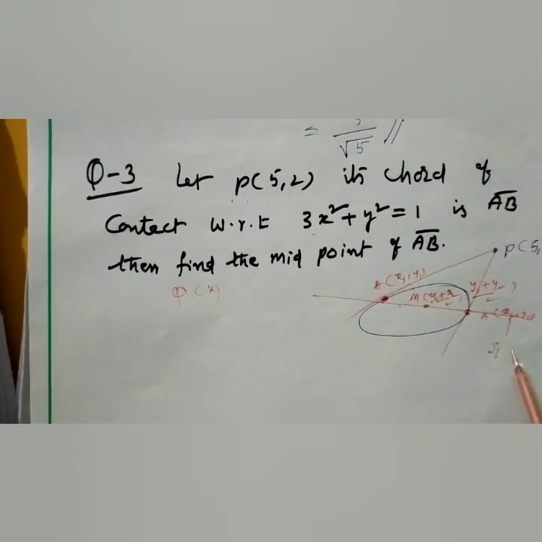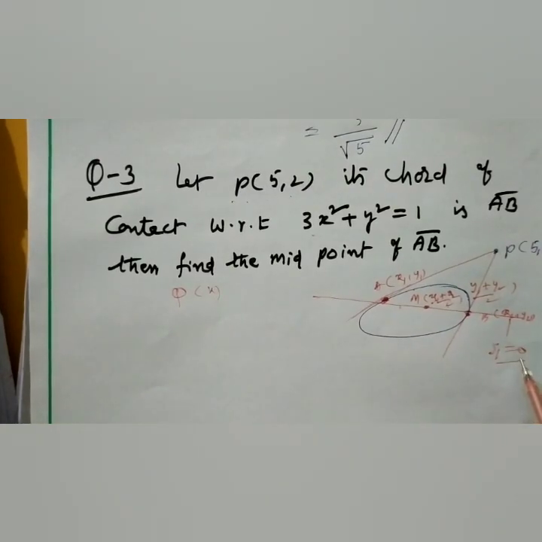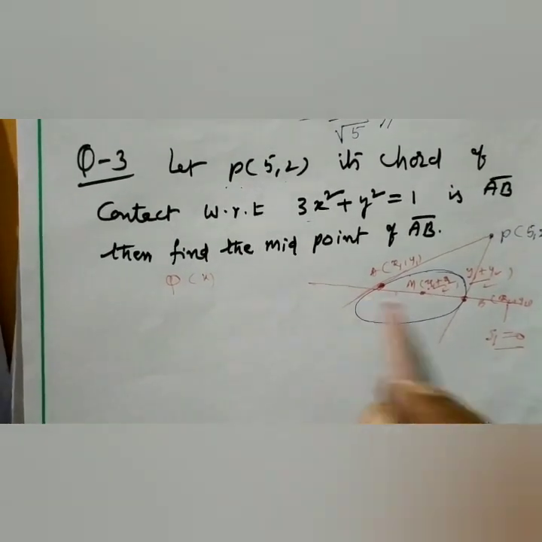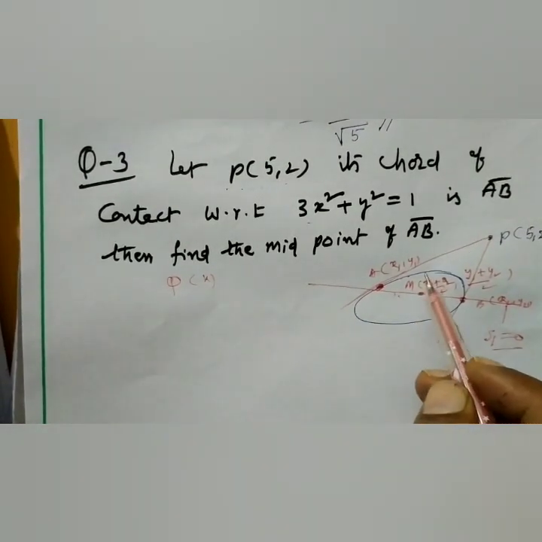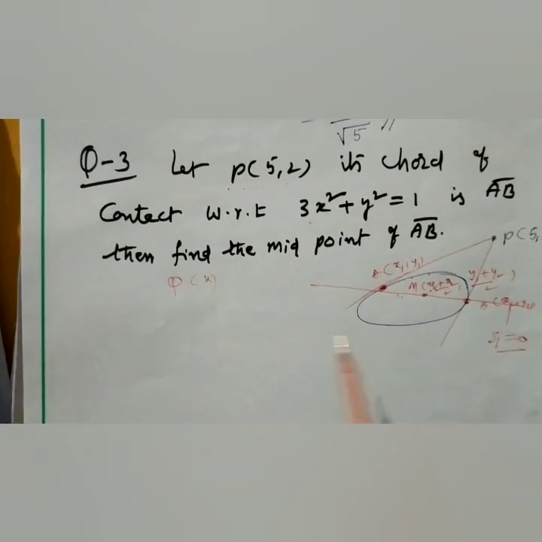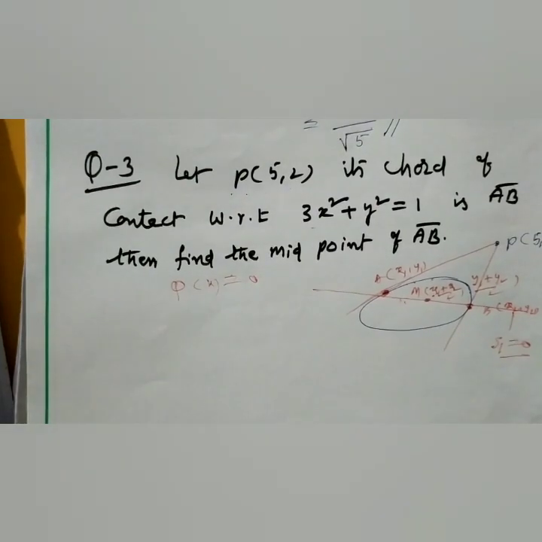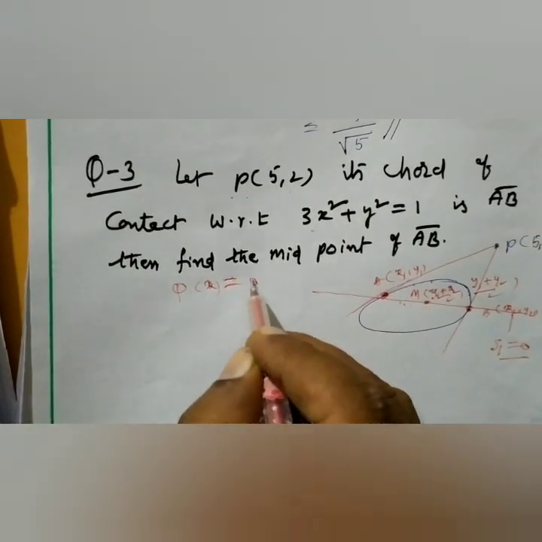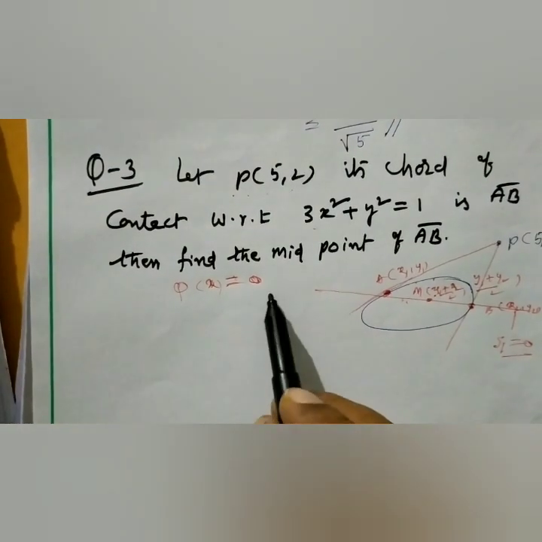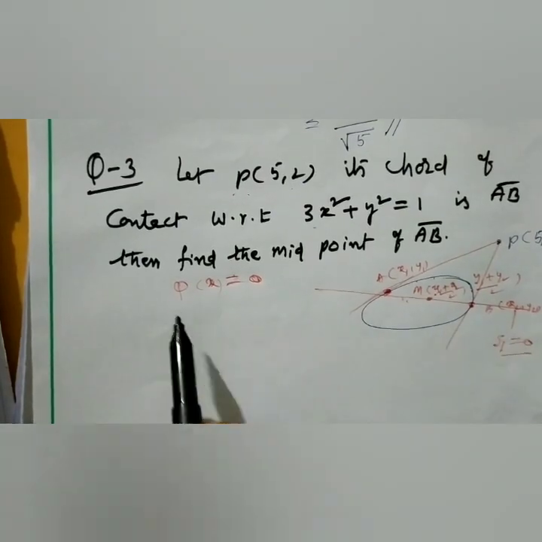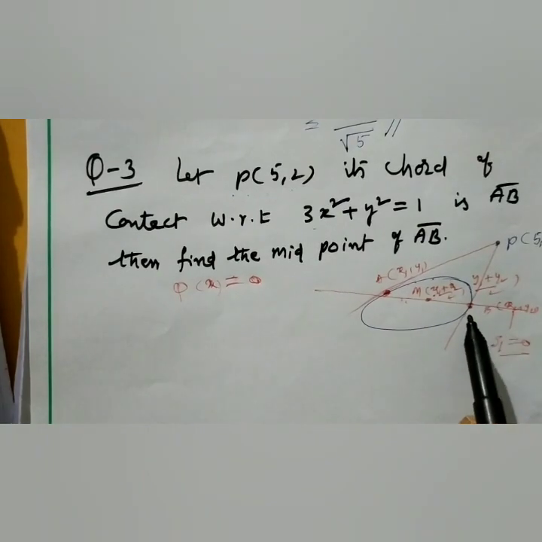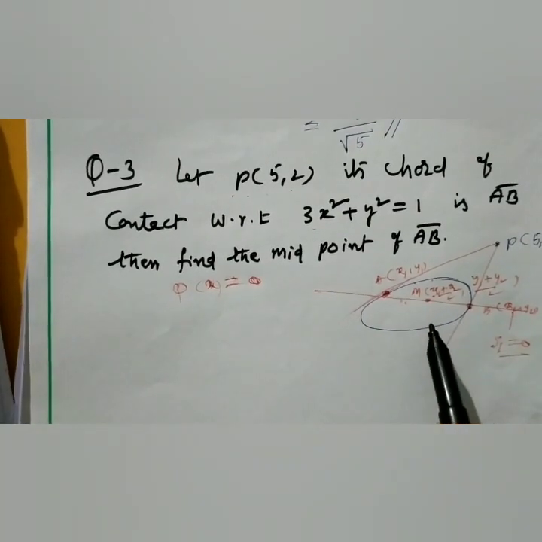How do we get the line equation? S1 is equal to 0. That is the chord of contact. So by finding S1 equal to 0, we get this line equation. By solving that line and the ellipse, we get a quadratic equation in x or y. If it is a quadratic equation in terms of x, we get q(x) equal to 0. Then the chord of contact gives the roots x1, x2. If we get a quadratic in y, or by substituting in the line, we get y1, y2, so that we get the midpoint by solving that.